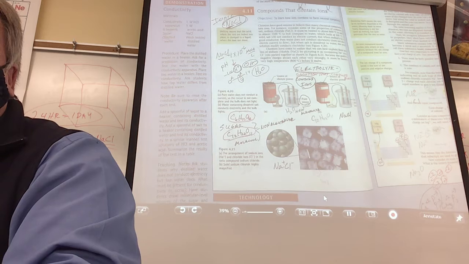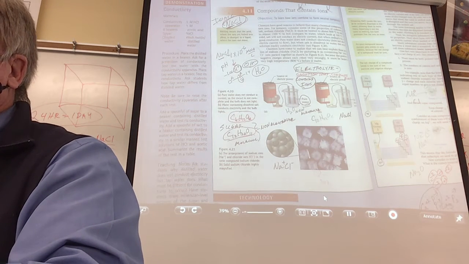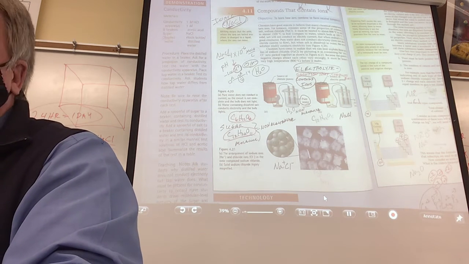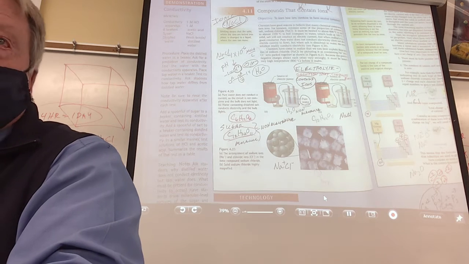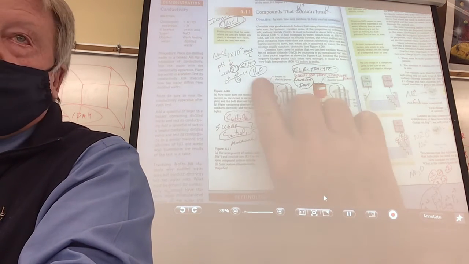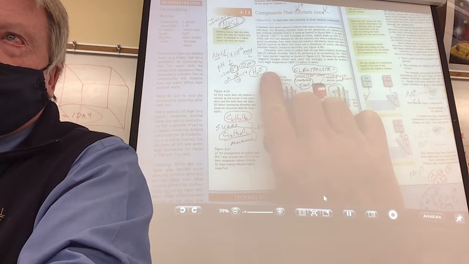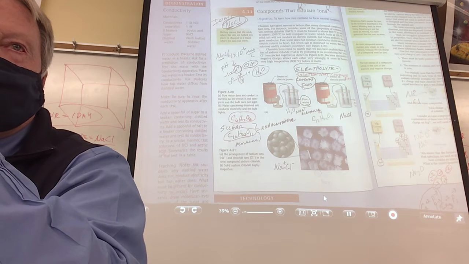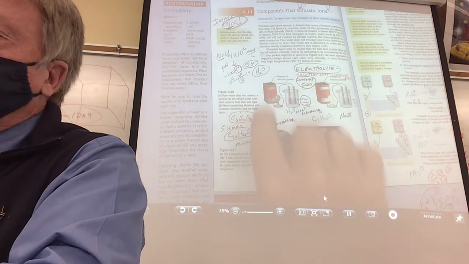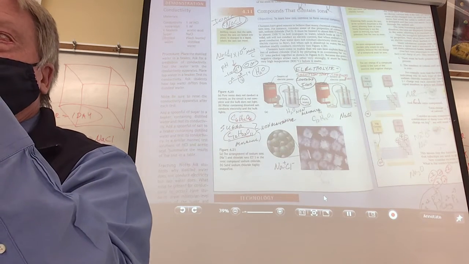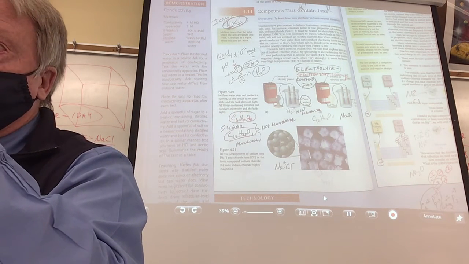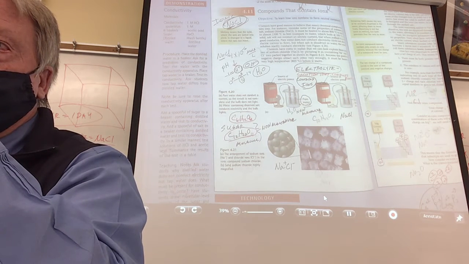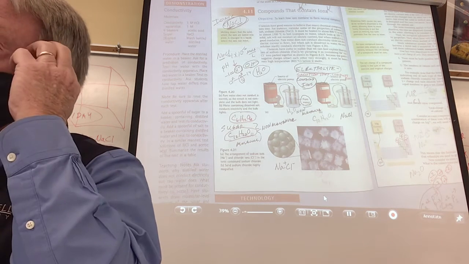Are you ready? What kind of things are electrolytes? What kind of things are non-electrolytes? Let's think about pure water. Pure water, distilled water. Is this a metal and a non-metal? Remember, metal and non-metal like to form ions and be ionic compounds. Is that what I see here? No, this is a non-metal and a non-metal. It's not going to be an ionic bond. They're going to be sharing electrons in what kind of a bond? It starts with C. You had this in middle school. Covalent. Everybody got that?